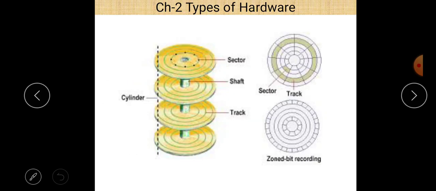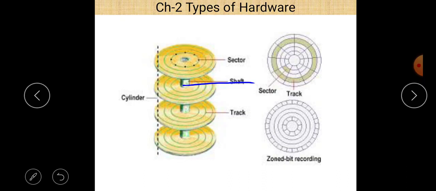These disks are rotated by the access arm, connected through the shaft, and due to rotation you are able to read and write data